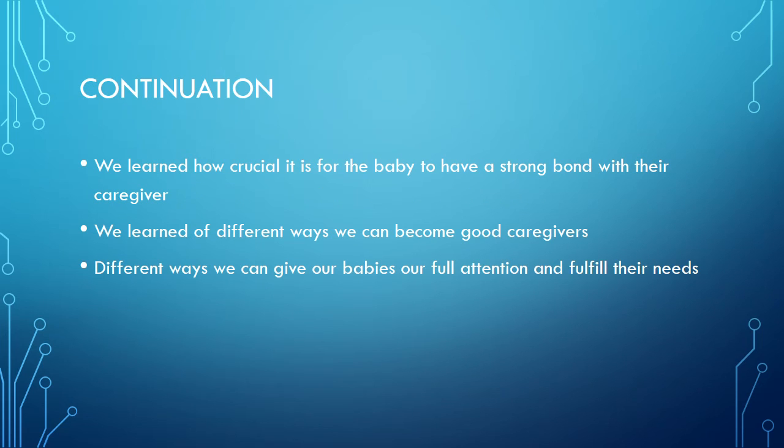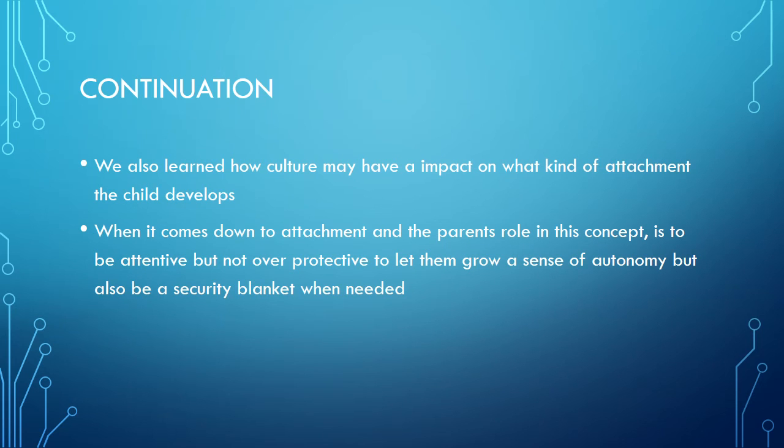We learned how crucial it is for the baby to have a strong bond with their caregiver. We learned of different ways we can become good caregivers, different ways we can give our babies our full attention and fulfill their needs. We also learned how culture may have an impact on what kind of attachment the child develops. When it comes down to attachment and the parent's role in this concept, it is to be attentive but not overprotective, to let them grow a sense of autonomy, but also be a security blanket when